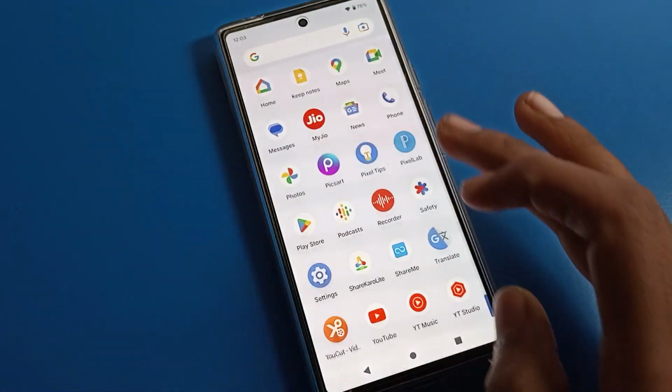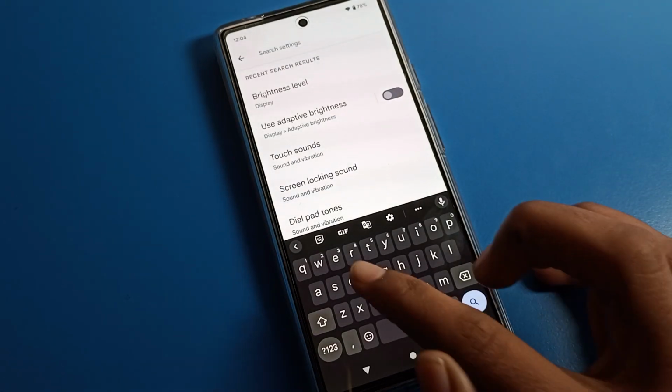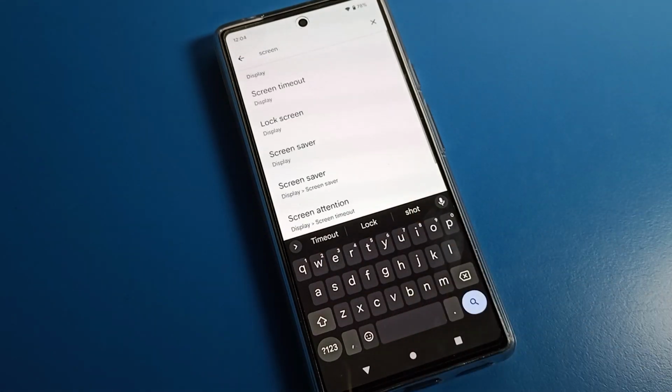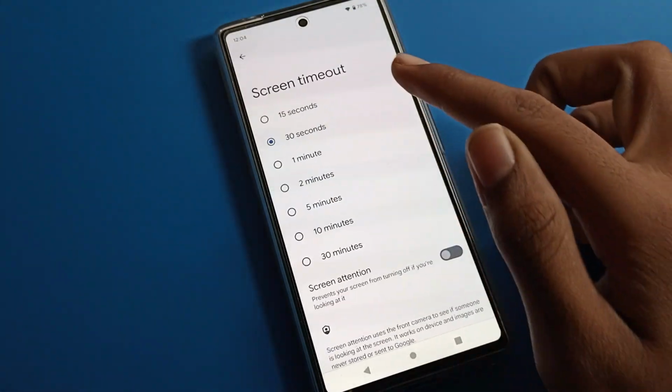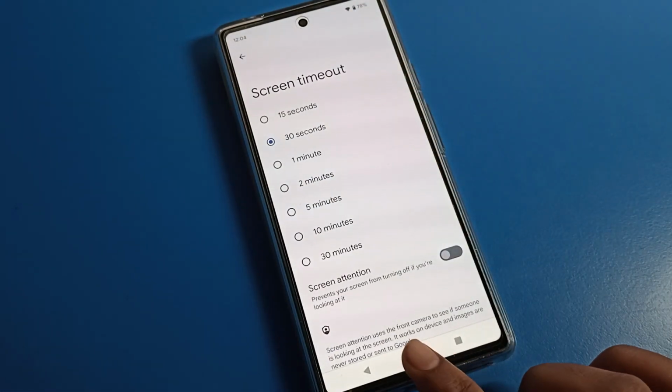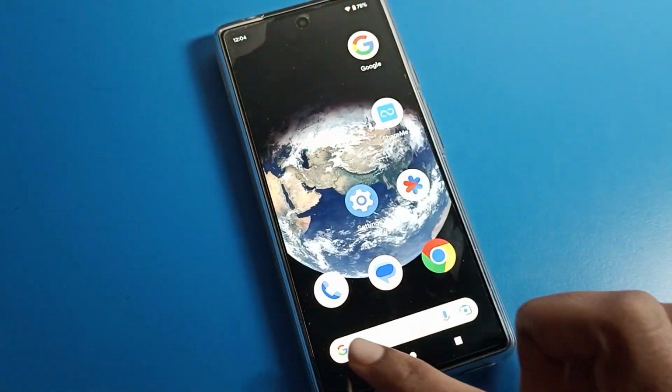And friends, you can also change it from the search bar option, the shortcut setting. Now let's see how to change screen timeout. Search directly for screen timeout in settings, tap here and go directly. Friends, you can change your screen timeout from here. After changing it, like I changed it to 30 seconds, so if I don't tap the screen for 30 seconds,